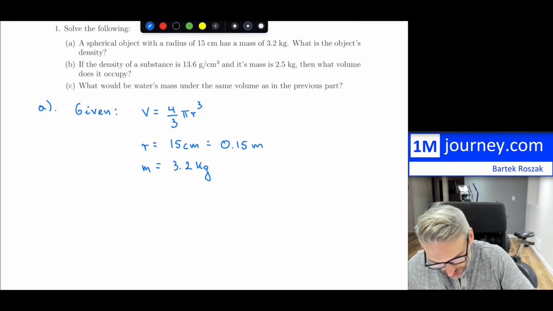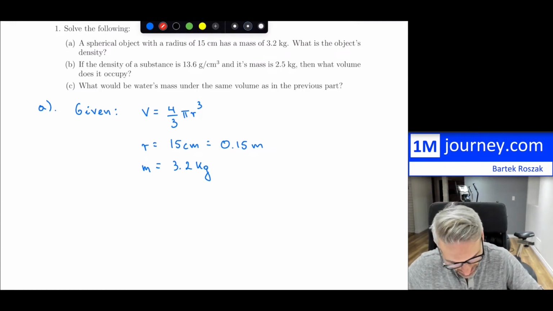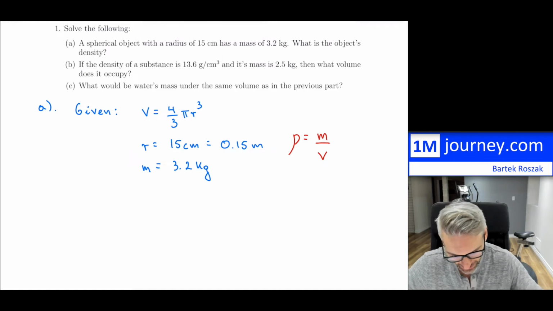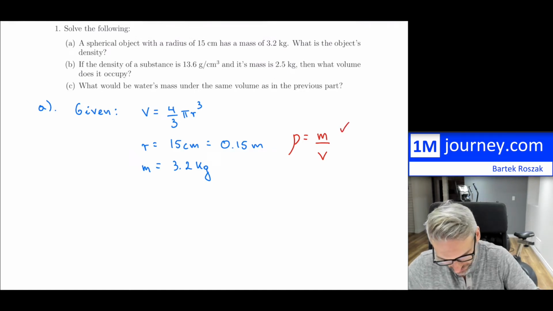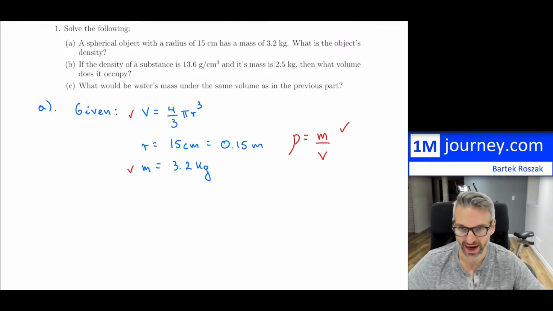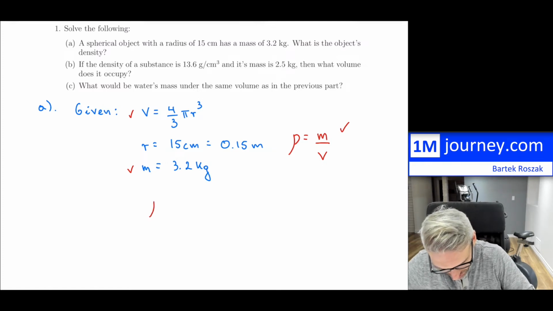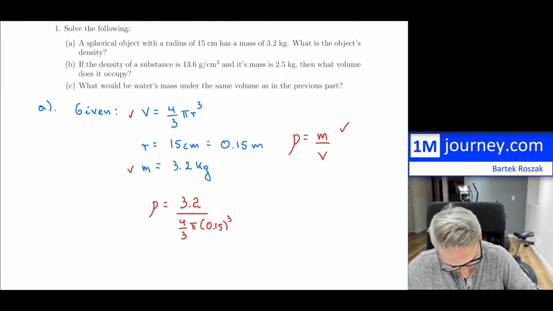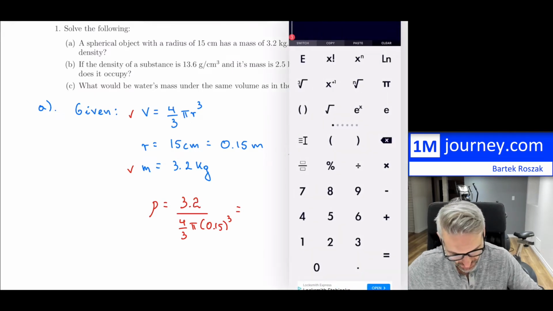Now, if you're working with density of any kind, the equation for density is simply mass over volume. This is the standard equation for density. We have our mass, and we certainly have our volume, although we have to substitute the radius in there. I'm going to do that all in one step. So my density is going to be equal to 3.2, everything is in metric standard units so I can drop them, divided by 4 over 3 pi, and my radius is going to get cubed in here. So if I substitute this in here,